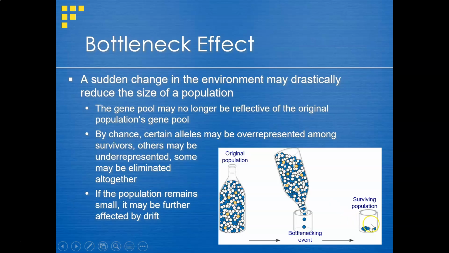All right, so we got a much closer, maybe 50-50, 40-60 mix of blue to white, and now it's overwhelmingly blue, and none of the yellow is there at all. And again, those traits have nothing to do with what was helpful in the environment. It was just they happened to be lucky enough to be the ones who survived, and now they're going to constitute the gene pool for the next generation, and so on down the line. So depending on how those traits get inherited, we may never see that yellow come back. It may just be gone forever because it didn't survive that particular event.